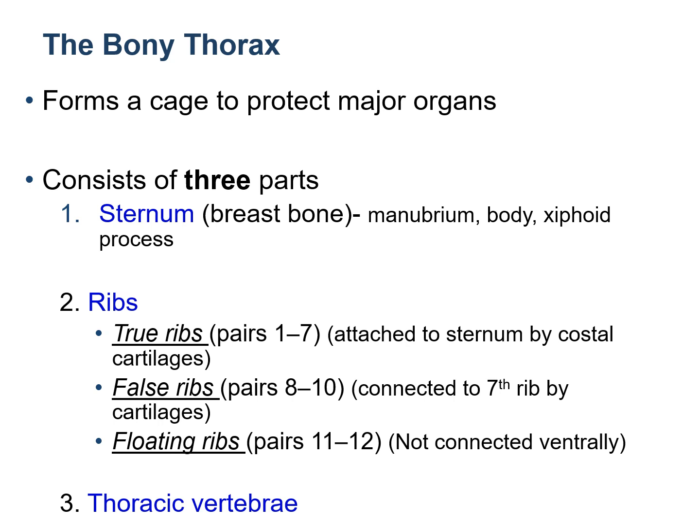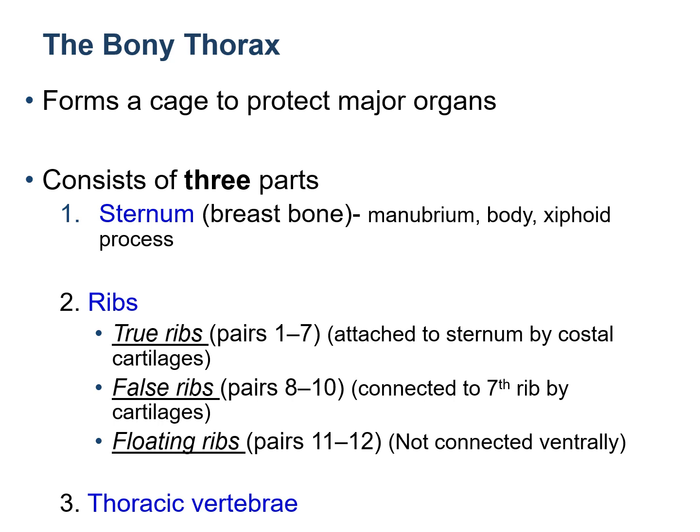There are 12 pairs of ribs and the spaces between the ribs are known as intercostal spaces. These spaces contain muscles, blood vessels, nerves, and lymphatic vessels. Ribs articulate anteriorly with the sternum via the costal cartilage. Ribs are classified according to the structure of this costal cartilage.